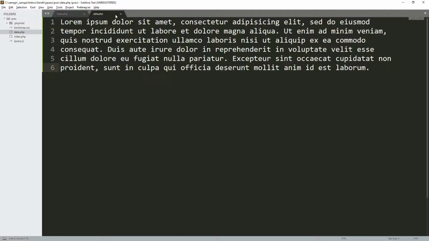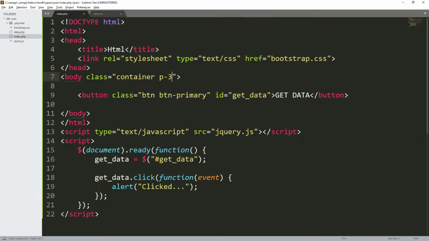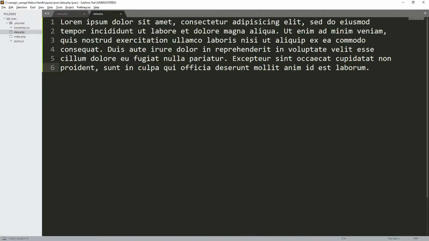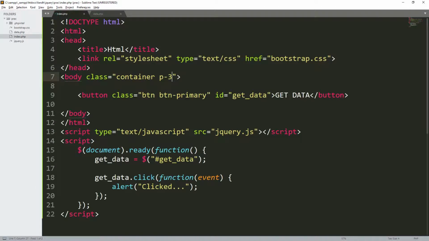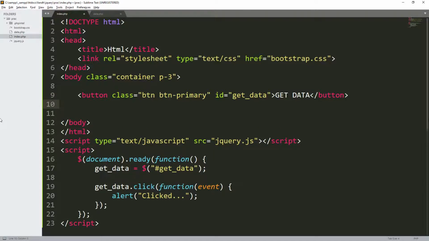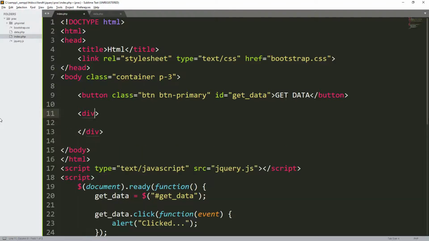I want to get the data from here and put it somewhere in my page without loading the page. Do you understand, members? It means that I'll need some container where I'll put this data.